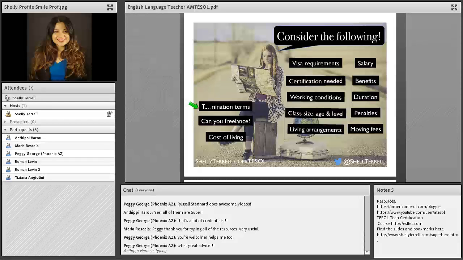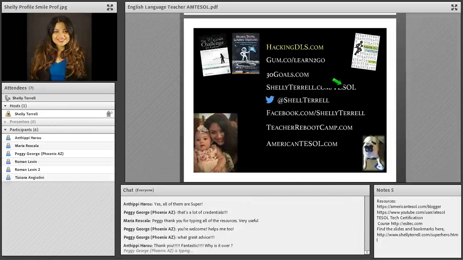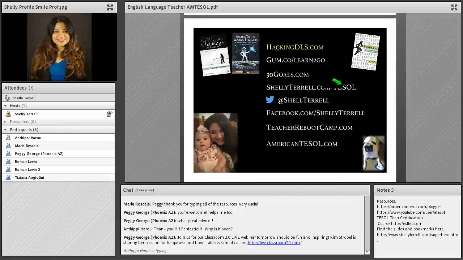What are the class sizes? If you go to some places in China and Japan to teach, yes, you make a lot of good money. Sometimes you'll make up to 75,000 to start off, but you'll have 100 students within the class. So it's really important that you look at all of these different considerations before you decide to move and dedicate so much time to teaching abroad. There's so much more that I could cover, but I think those are the top tips for now that'll get you started, especially depending on whether you teach in the United States